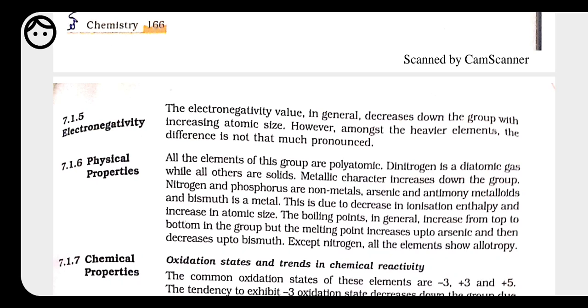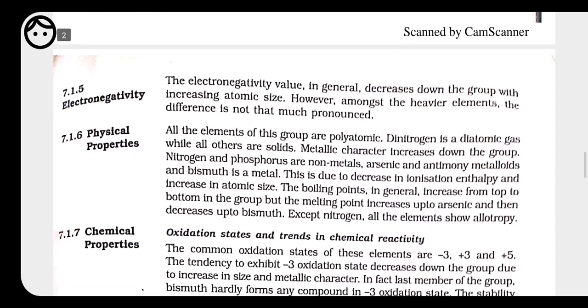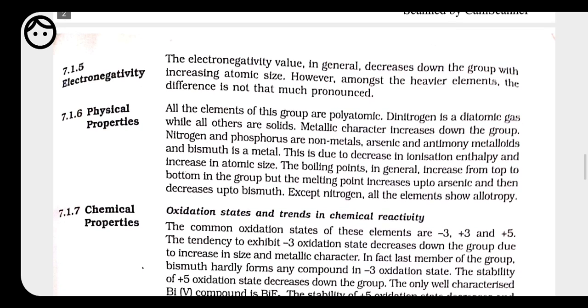Okay, and as we are moving down in a group, the electronegativity decreases. Why? Because the size increases, and if the size increases, then pulling the electron becomes difficult. So in general, electronegativity increases from left to right along the period and decreases from top to bottom in a group. After that we have other properties, that is metallic property,